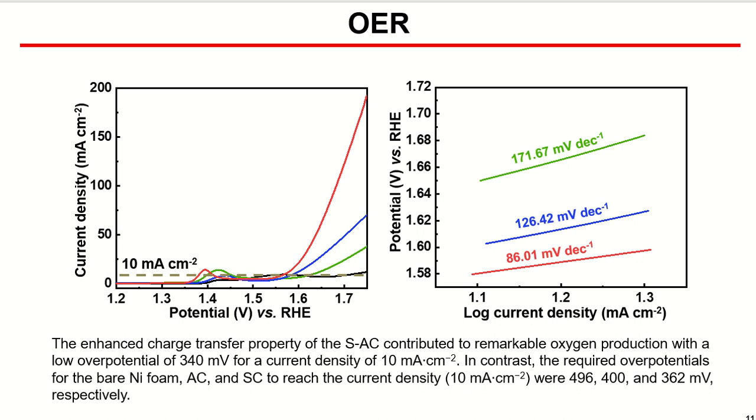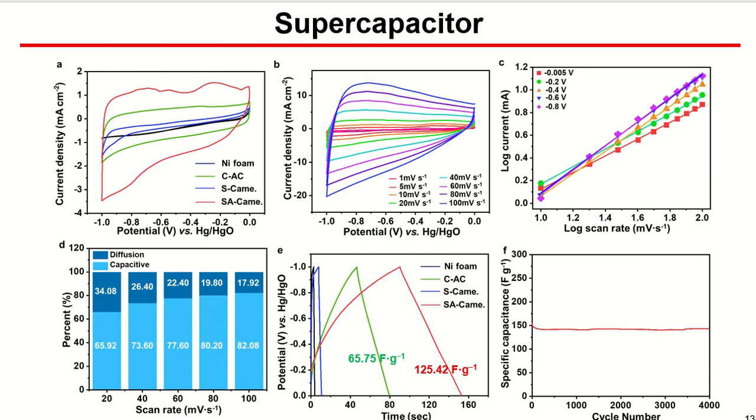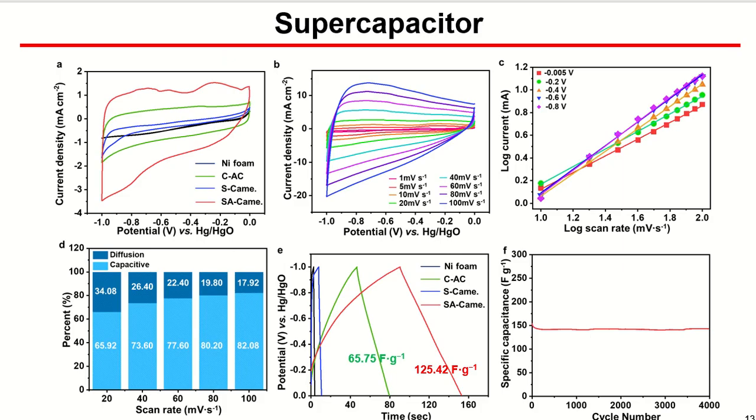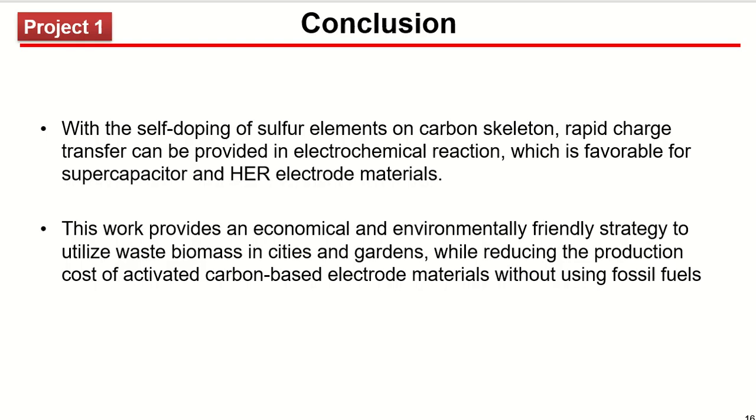For other applications, it also shows that our material has a better performance compared to commercial carbon materials for supercapacitor applications. The capacitance is much higher. So, based on our full experiments, it shows that